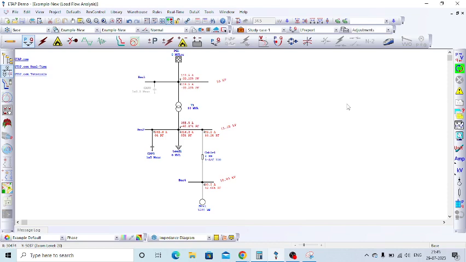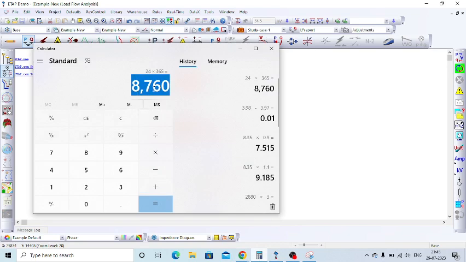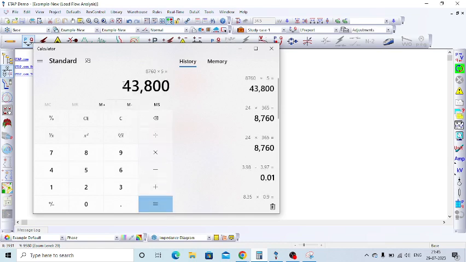So for that unit we have some cost. Let's say 8,760 units per year is the energy loss. Let's consider per unit cost is 5 rupees. So the energy loss due to the poor power factor is